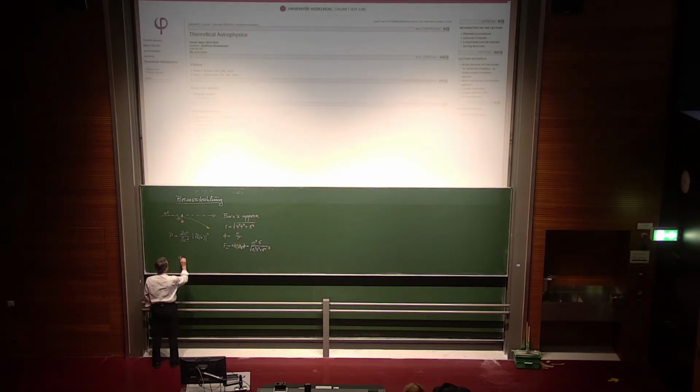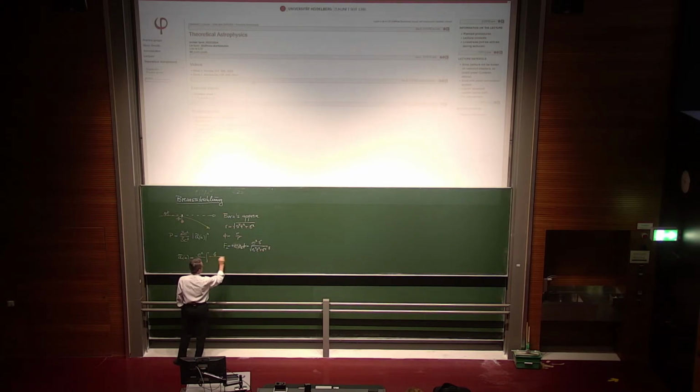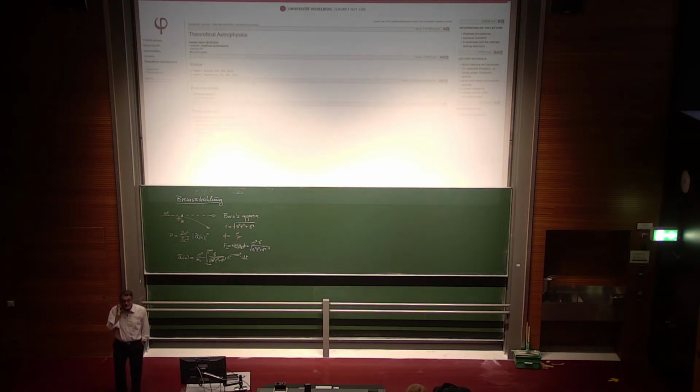So what we have to calculate, I'm going to write the absolute value here, a tilde of omega, this is just going to be e squared divided by electron mass. These are the constants. And then I will have to integrate over b divided by v squared t squared plus b squared to the third power, e to the minus i omega t, and I will have to integrate over dt between plus and minus infinity. That's the integral I have to solve.